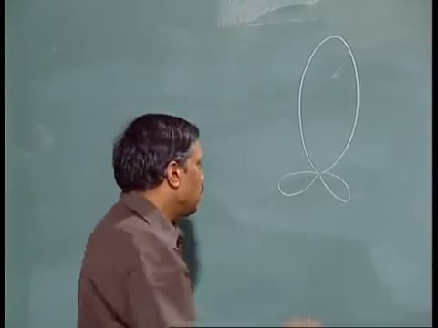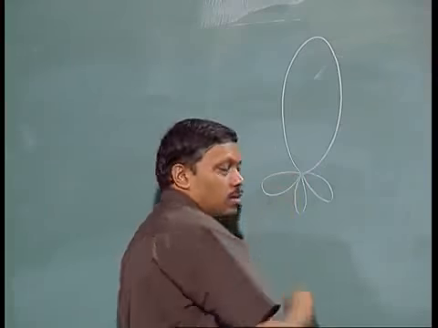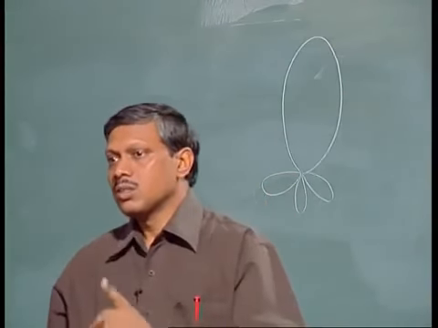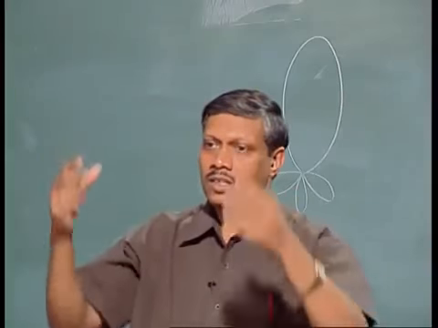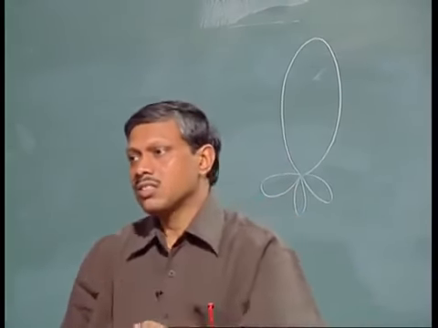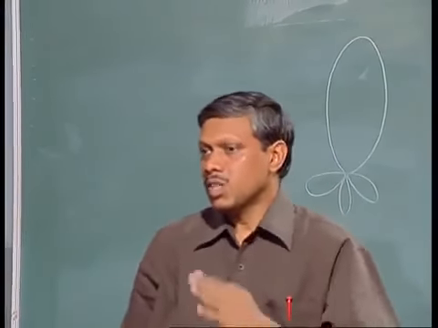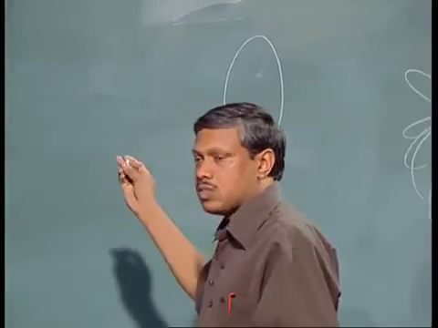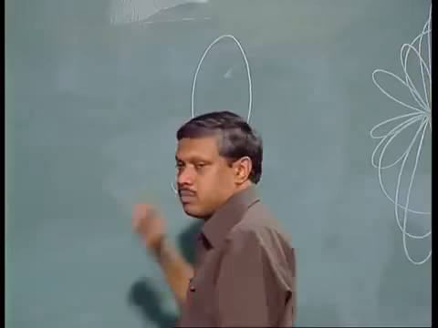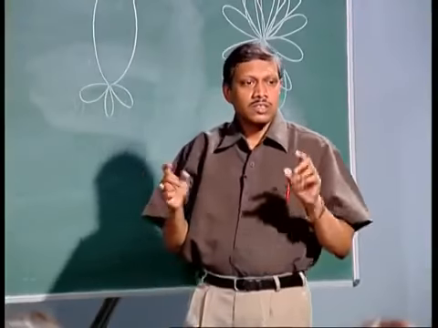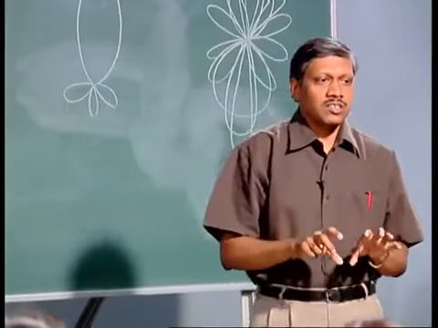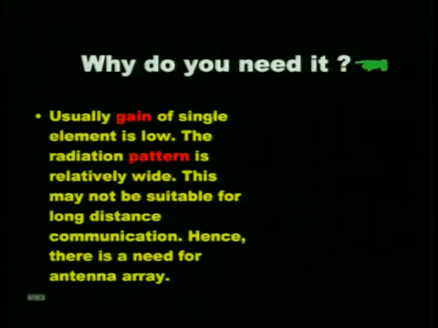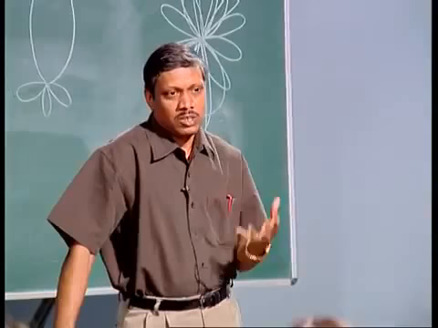This may be side lobes, this may be back lobes. So, ideally an antenna array should give you the maximum radiation in the desired direction, no radiation in the unwanted direction, but practically you will come across, along with the major lobe, some minor lobes, because complete cancellation is not possible. Now, the question comes, why do we need this type of structure where multiple antenna systems